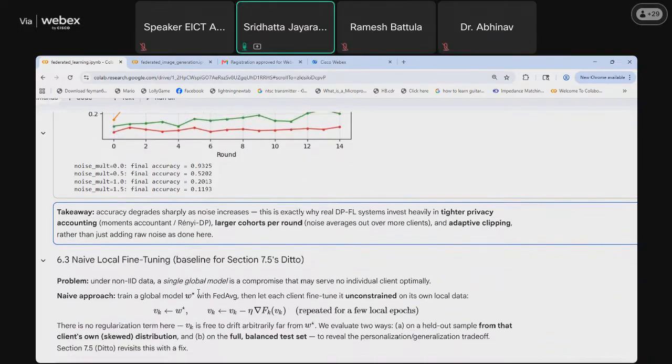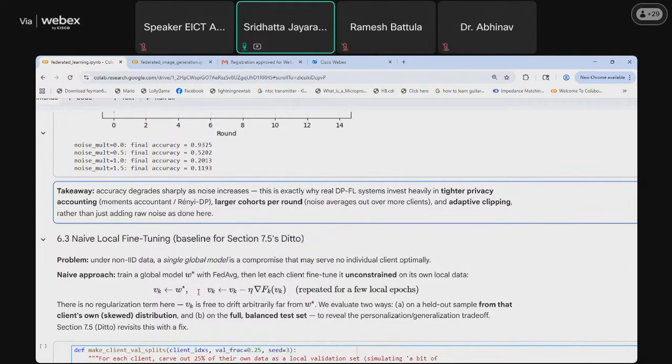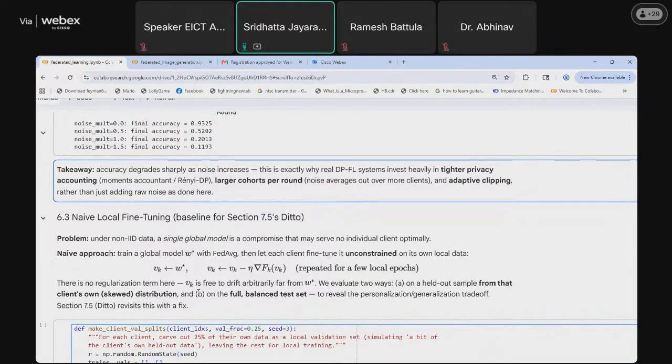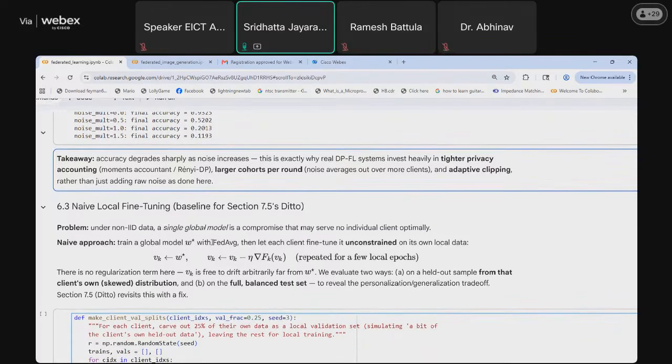So now coming to the next part, which is naive local fine tuning. Here the main point is that naive local fine tuning is used in the case of personalization.